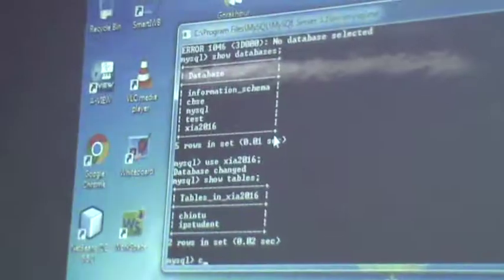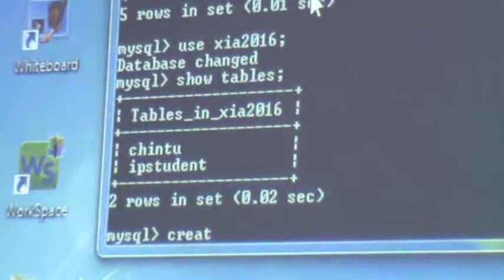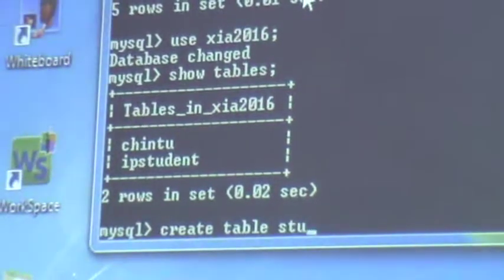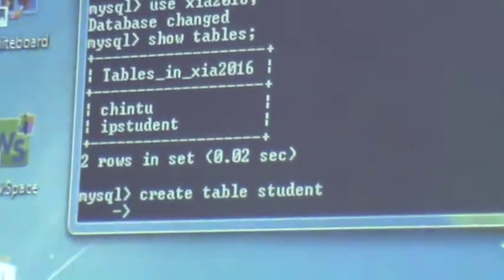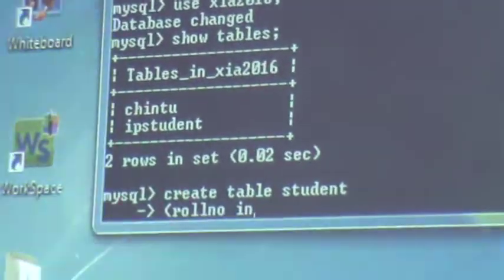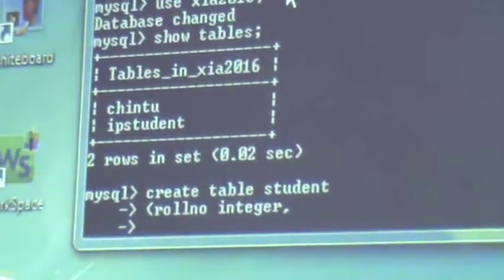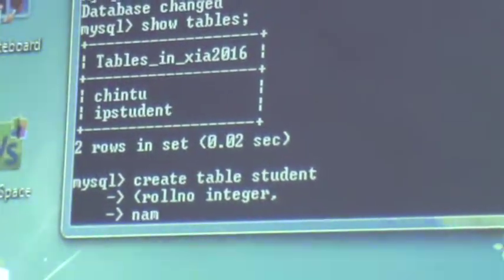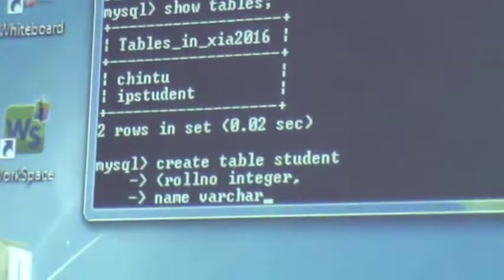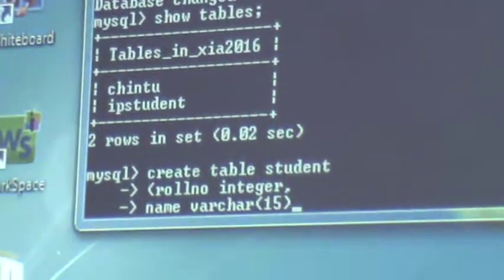So again we will write the commands. Create table student. Define the fields here. Roll number, integer, comma, name, varchar 15, which is the size.